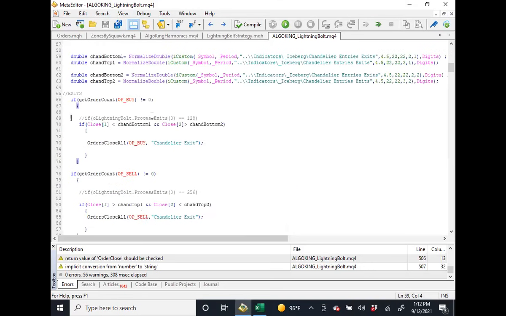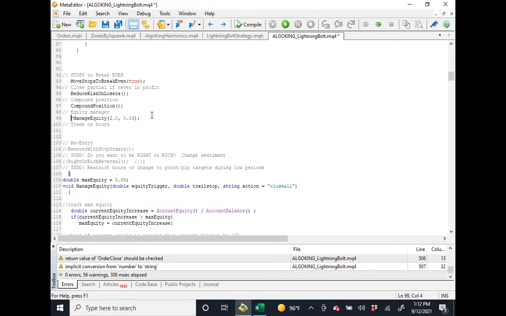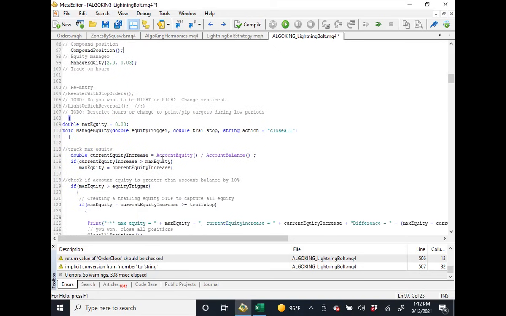So here, if we just go here, this stuff is not important, but if you go here, manage equity, basically I have this function that manages my equity. And basically what I do is I set a ceiling or a maximum amount, an equity trigger, right? And that equity trigger is 2 times your account balance. So that's 100%, right? So if my 25 turns into $50,000,